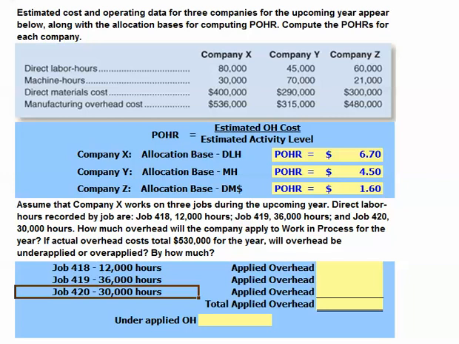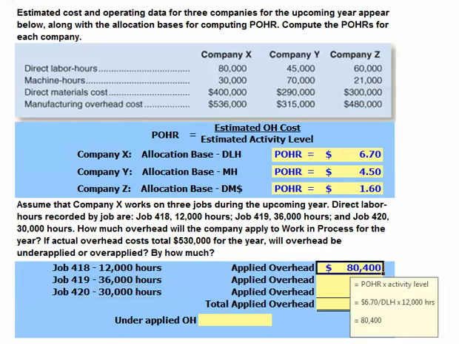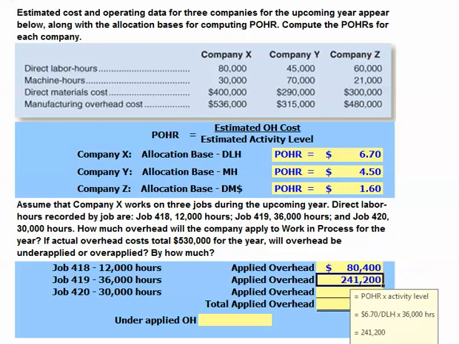Let's begin by calculating the amount of overhead applied for Job 418. That will be $80,400. We calculate this by taking our predetermined overhead rate from Part 1 above of $6.70 per direct labor hour and multiplying it by the 12,000 direct labor hours. Job 419 will have $241,200 in overhead assigned, which is our $6.70 per direct labor hour predetermined overhead rate multiplied by our 36,000 direct